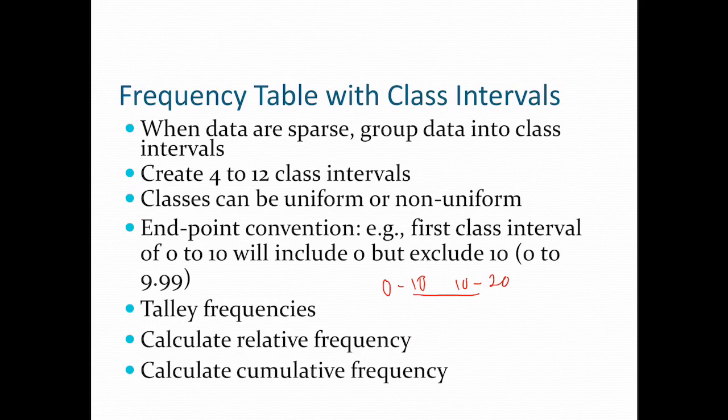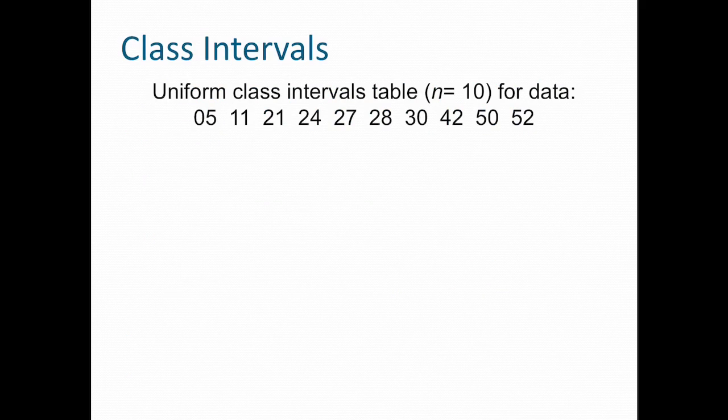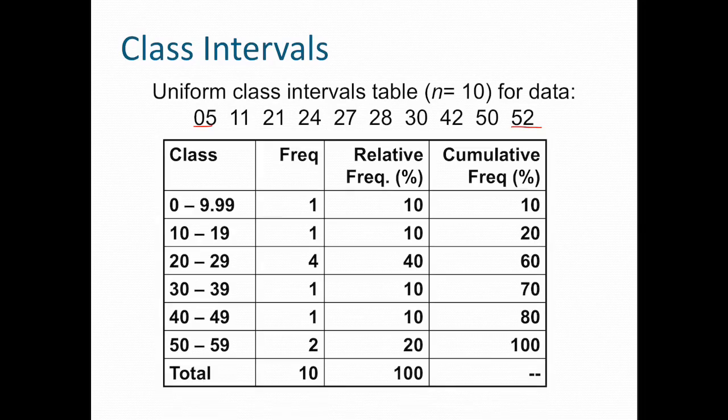So once again, we were talking about frequency tables, and we were talking about cumulative frequency and relative frequency, and then we got into class intervals, the uniform class intervals table, n equals 10 for data. So back to our original example, we have these ages from 0 to 52, and how does this look? So when we're doing relative frequency, if you want to go back to the very beginning and look at the slides when we flipped that